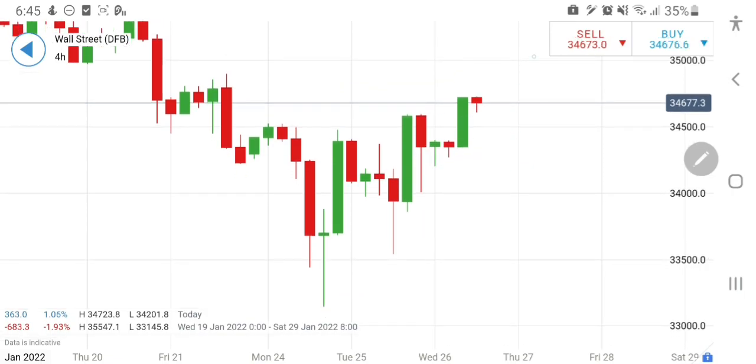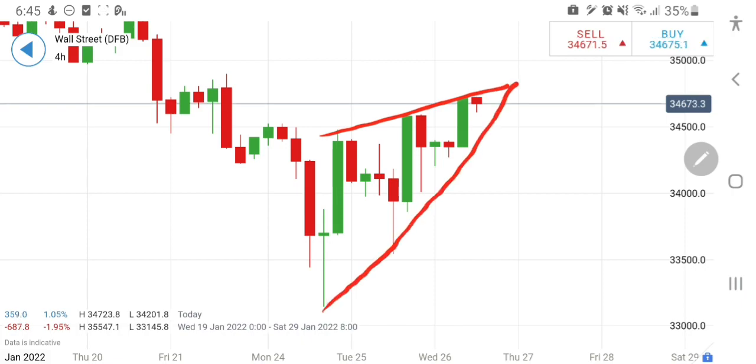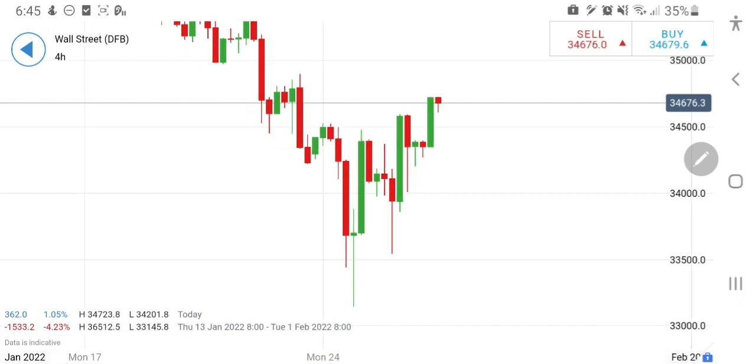On the upside, you can connect the dots here. You will find that this is kind of a narrowing triangle and probably trying to break past. This is carrying a bullish stance because the slope is upwards, and hence it may give a breakout. Either way is possible. If it breaks on the upside, once it goes past this zone at 34,700 800,